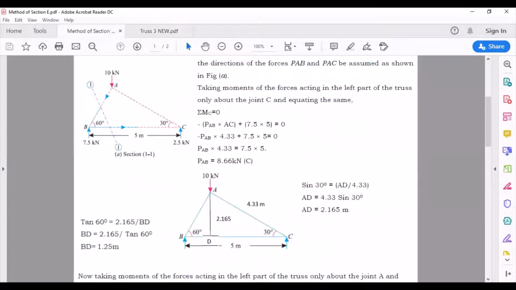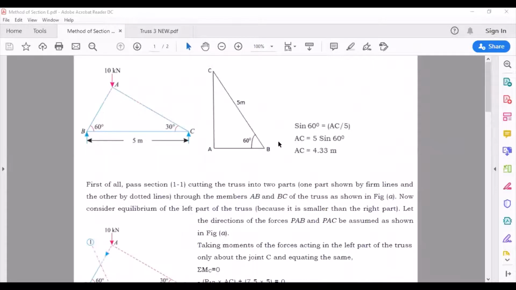So in today's class, we are going to study analysis of trusses by method of sections. We have already studied method of joints. This is another method wherein we analyze the truss, that is, find out the member forces by method of sections. The difference is, in method of joints we find out all the member forces which are there in the truss, whereas this method of sections is basically used to calculate only